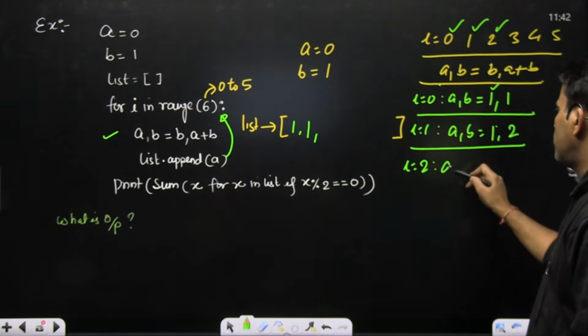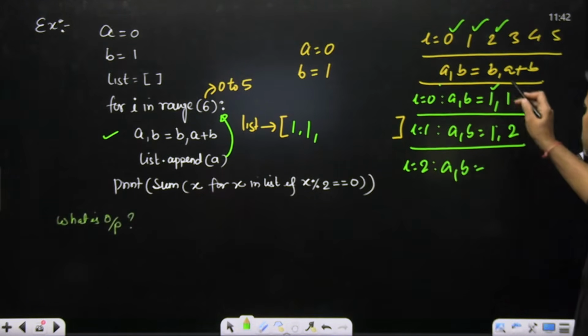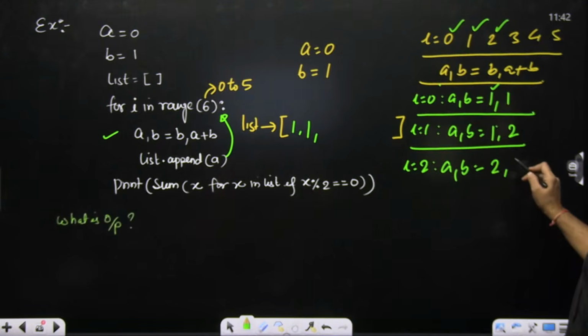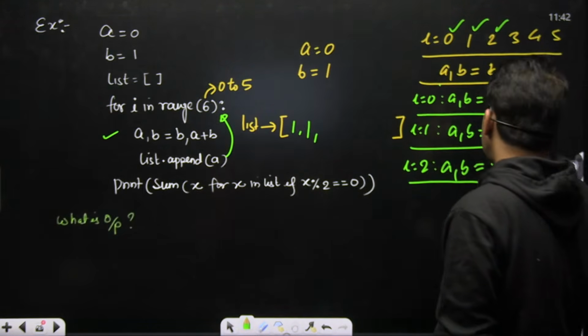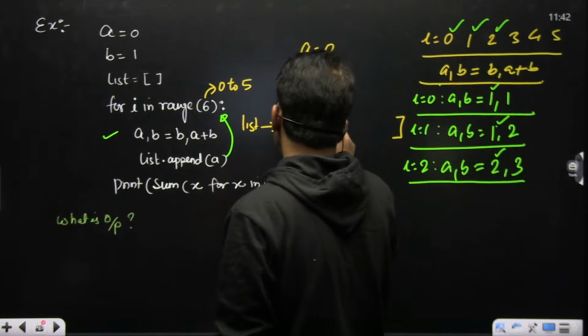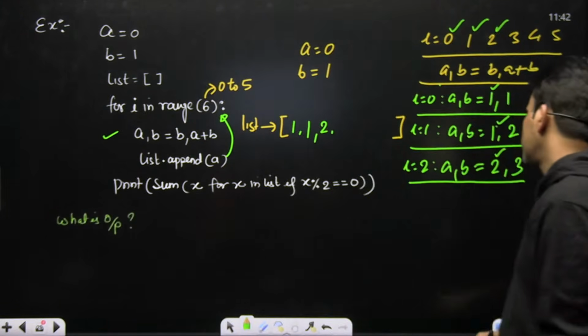i equals 2, then a, b equals what? Again, this formula b, a + b. What is b? Sir, 2. a + b is 3. So what is a, student? a is 2. So append a, which is 2, here in the list. And